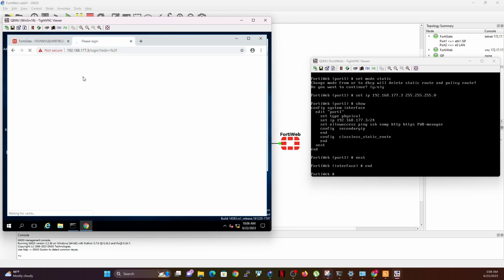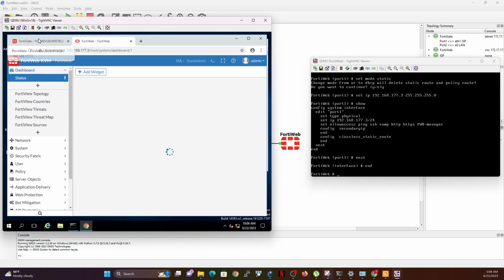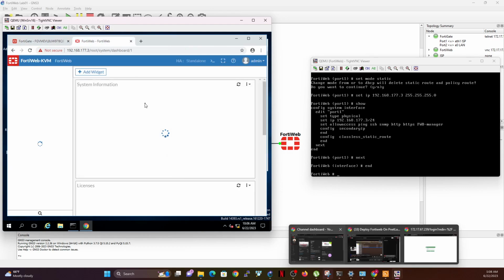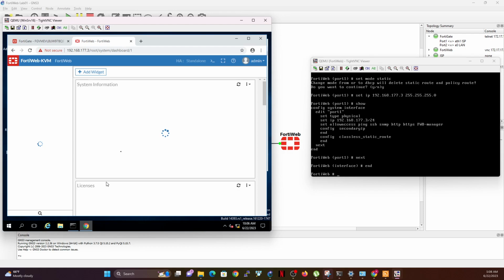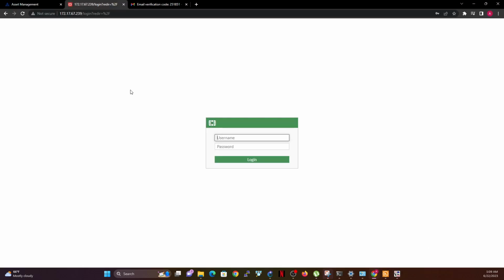Then the same thing with the FortiWeb. I should be able to just log in. There we go. So the FortiWeb is opening. Let's see the FortiGate. It's still kind of being stubborn. If you're having issue with Chrome, just download Edge. That would also work. So while my FortiGate is trying to be stubborn, I'll still open my FortiGate on my PC here.